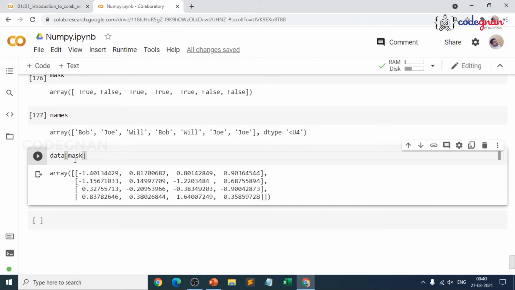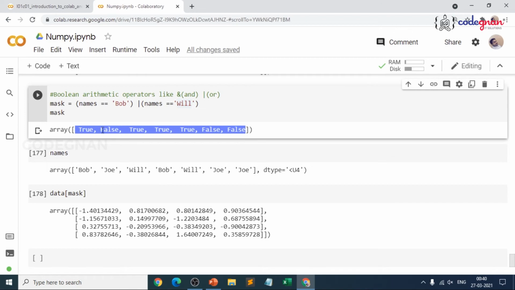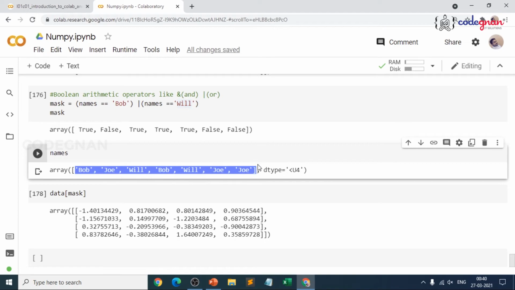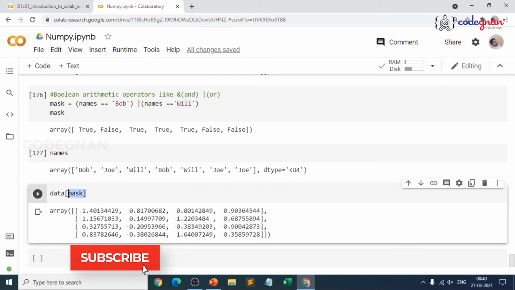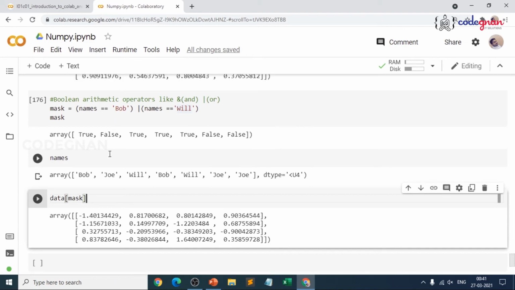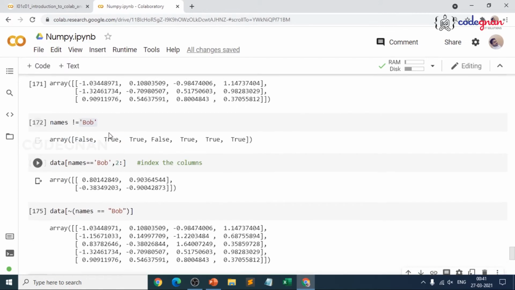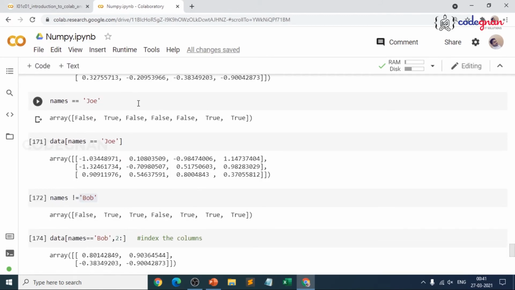That is basically indexing. See, the mask is of one dimension, so this is of 7 values. This is the reason in the names here we gave 7 names. That is the reason the randomly generated data is 7 by 4. That's how I clearly mentioned the difference between 1 dimension and 2 dimension arrays. Because here we are comparing with the indexing. The Boolean is true or false. Wherever this particular name is present, I am trying to map that name to the array which is randomly generated.